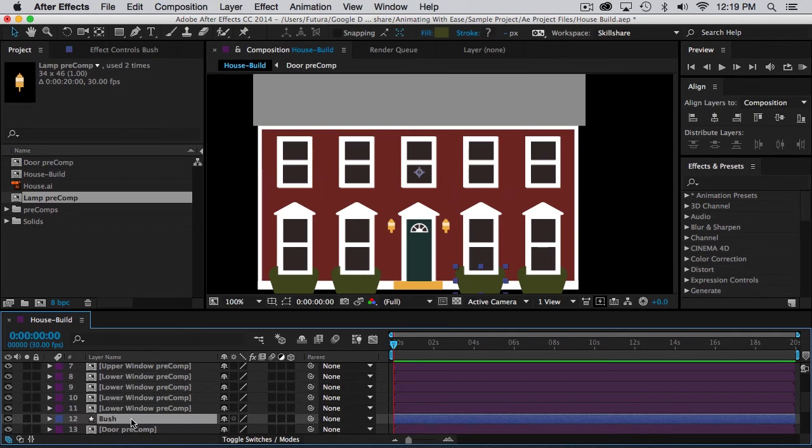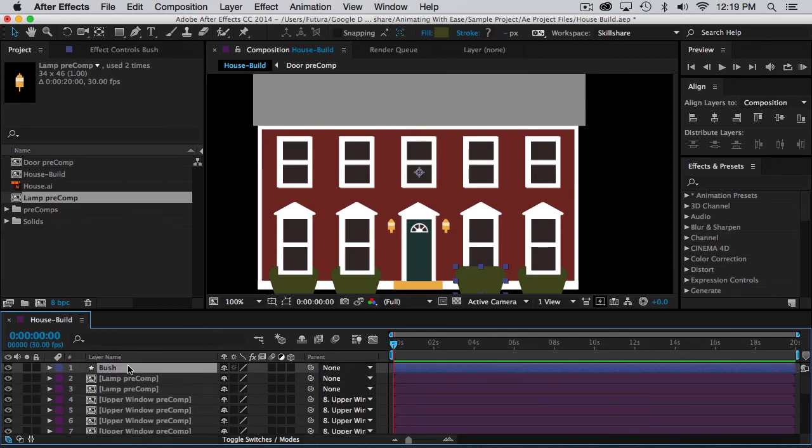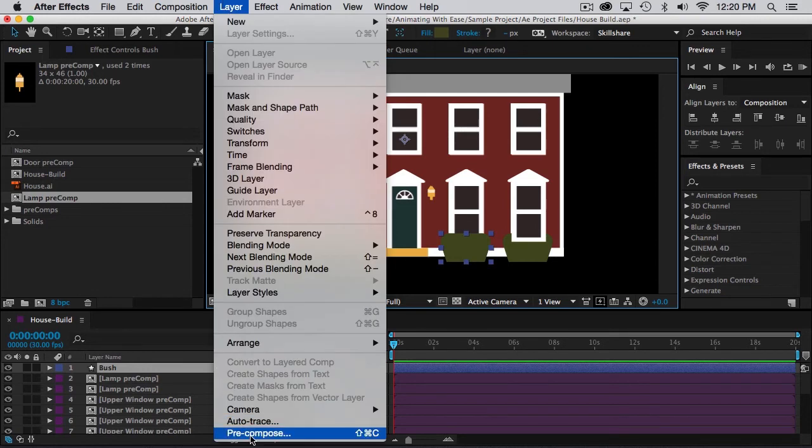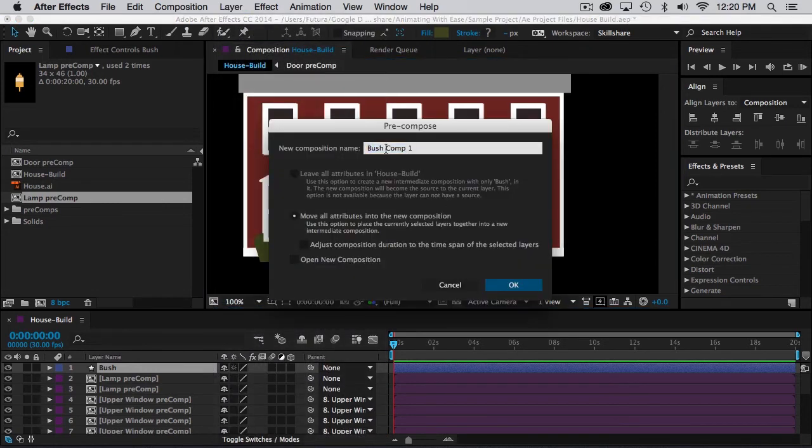I'll select that layer and then click and drag it to the top of the Layers palette. Now I'm actually going to want to pre-compose this bush as well, not because there are multiple objects, but because I'm going to be using the same animation for all 4 bushes. And if it's pre-composed, I'll only have to animate it once. So I'll pre-compose the layer by going to Layer, Pre-compose, renaming it Bush Pre-comp,